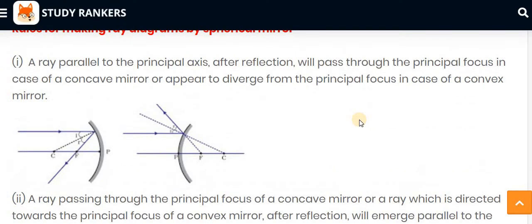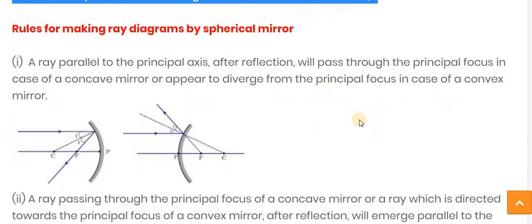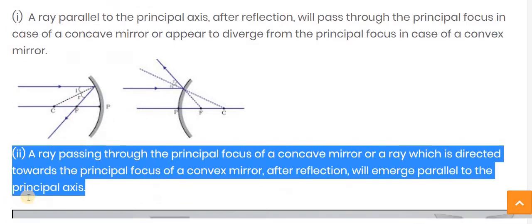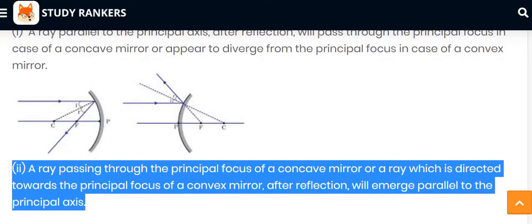Later on we have seen the rules for making a ray diagram for the spherical mirror. The first rule: the ray which is parallel to the principal axis, after the reflection, meets at the F, the focus. The second rule: the ray passing through the principal focus of a concave mirror, or a ray which is directed towards the principal focus of a convex mirror, after the reflection emerges parallel to the principal